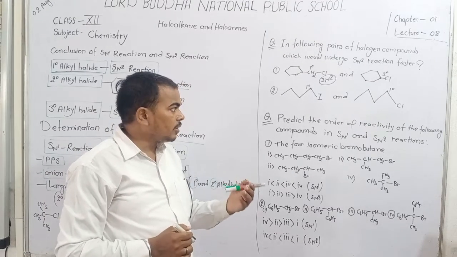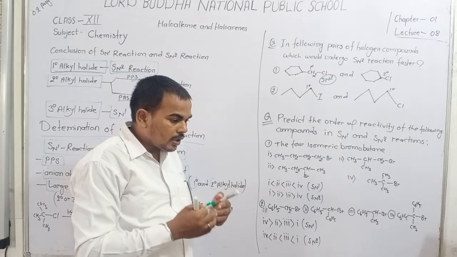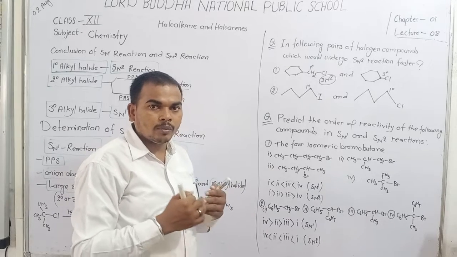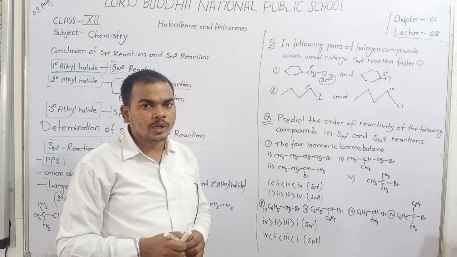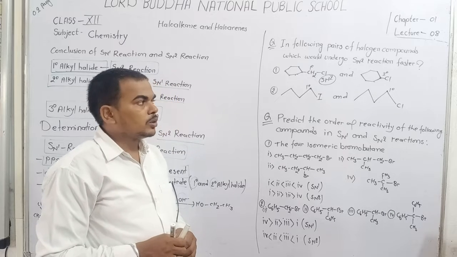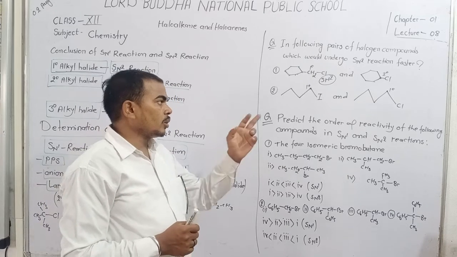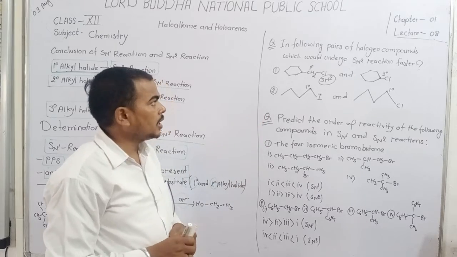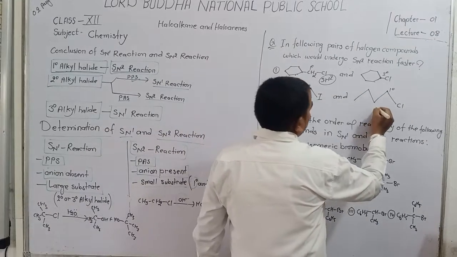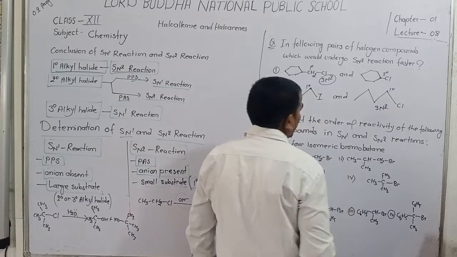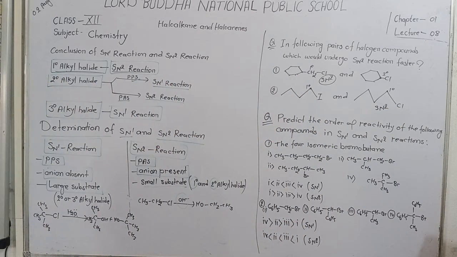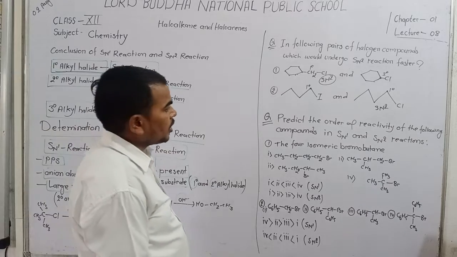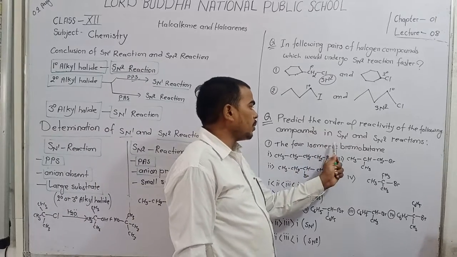It is because the leaving group leaves very slowly, easily, it takes a longer time to leave from their side. So we say that chlorine is favorable for SN2 reaction. Let's now discuss the second question, that is, predict the order of reactivity of the following compounds in SN1